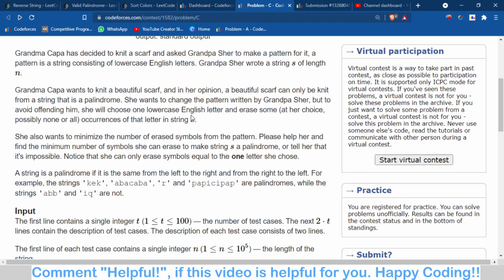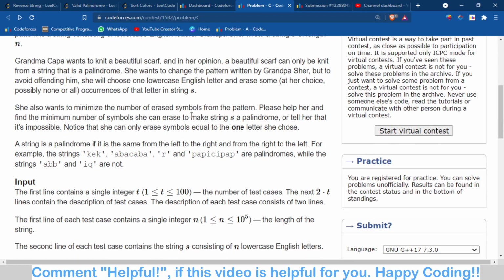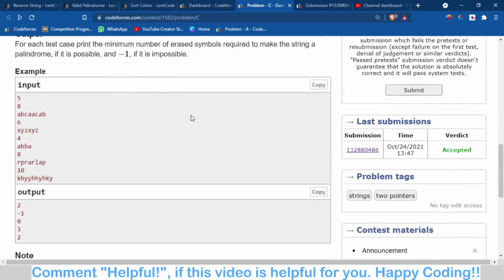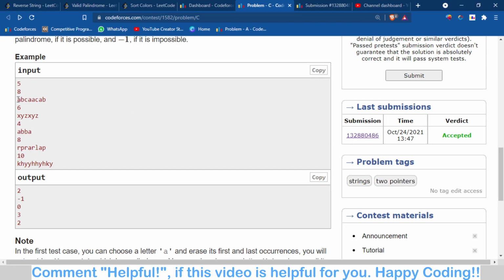Basically, grandma can erase only a single type of letter or alphabet from this string to make it a palindrome.